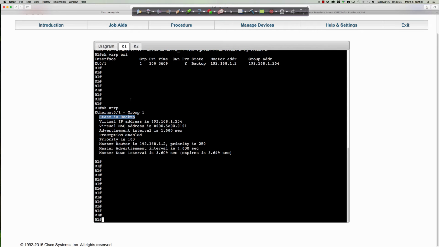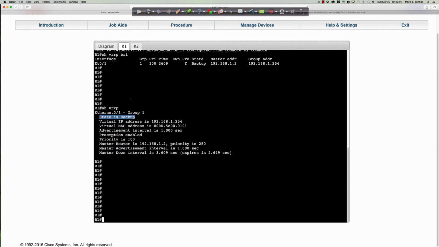However, we can also configure it to do authentication via MD5. And so Cisco, and what it says here is the VRRP standard used to specify plain text and MD5, which was later revoked. However, Cisco, remember they add their secret sauce in,